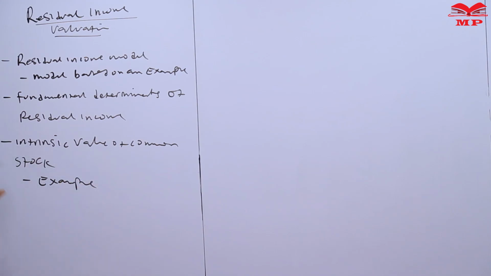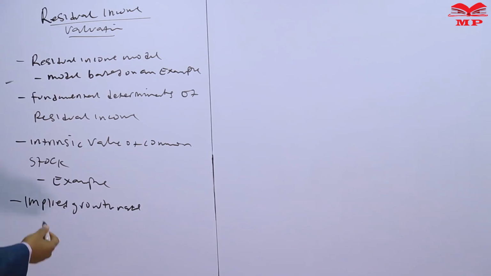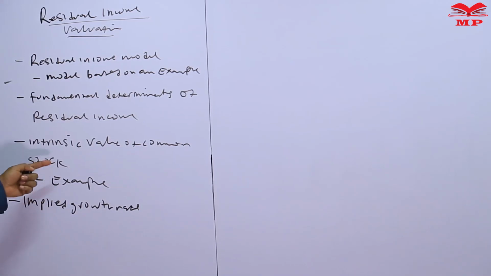Once you look at the example on the intrinsic value of common stock, we will move ahead and look at the implied growth rate. Now we'll be able to derive the implied growth rate from the intrinsic value of common stock. Then we will conclude this session by looking at the calculation of residual income based on a multi-stage